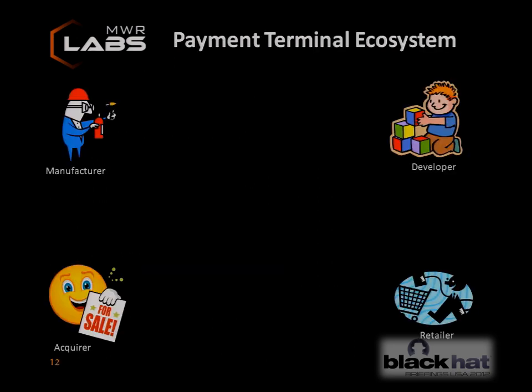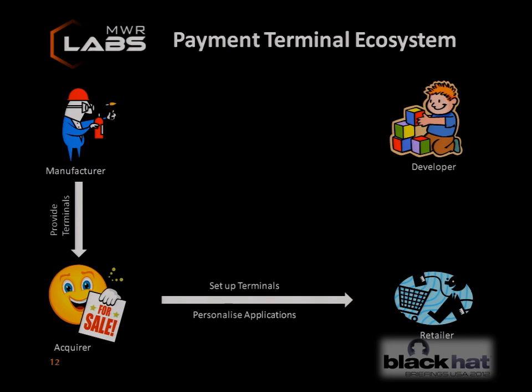So this is the payment terminal ecosystem, where the different parties that handle payment terminals live. We have the manufacturer, who designs and manufactures the payment terminals. The manufacturers will provide the terminals to the acquirer. The acquirer acts as a third-party company who sells services to the retailer, such as setting up the terminal, personalizing the payment applications, and doing any general maintenance service that is required. The retailer is actually the consumer of those payment terminals, the one that is going to be using these terminals to take